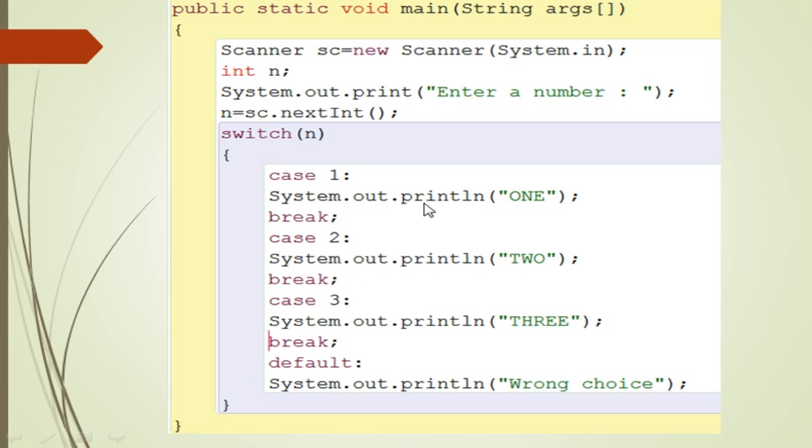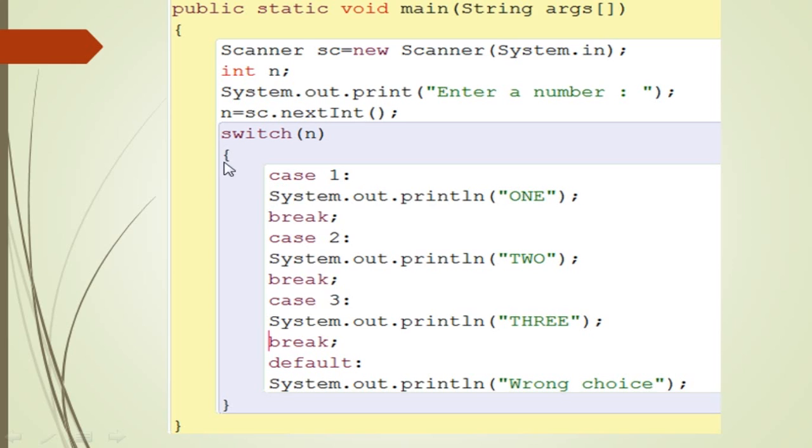Suppose the control variable is not 1, then it is not equal to this case. It goes to the next case and checks whether the control variable is equal to the case value. If it is true, it will execute the second statement, that is 2, and then break. So you can notice that you have only one pair of opening and closing curly braces for the switch. There are no curly braces for the cases. Even if you have more than 2 or 3 statements, it is not necessary to use curly braces for each case.